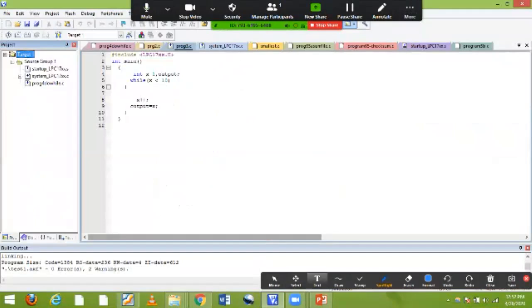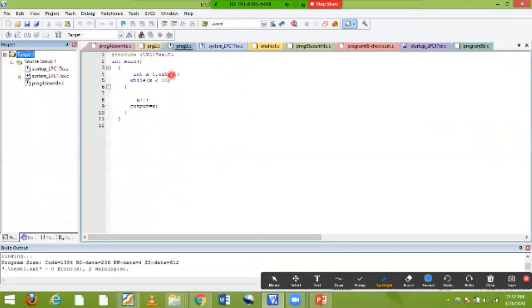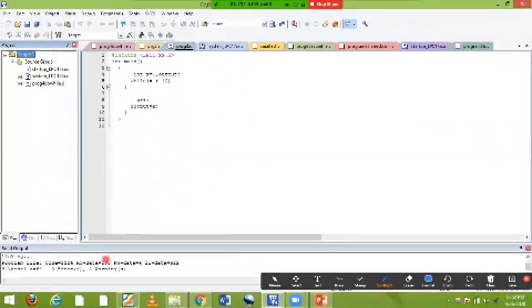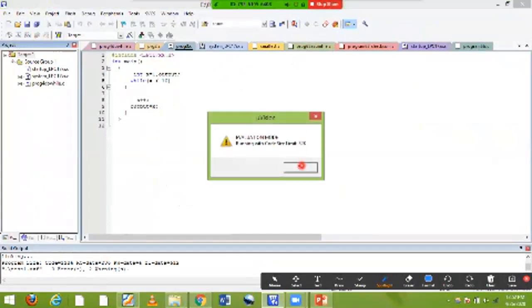Okay. Next program it is do while loop. The do while loop also you can check it out. So here it is x is equal to 1, output it is there, x less than 10. So I'm going to take it here, save and build. Okay, for this case also no errors and warnings. Let's go and see my program.